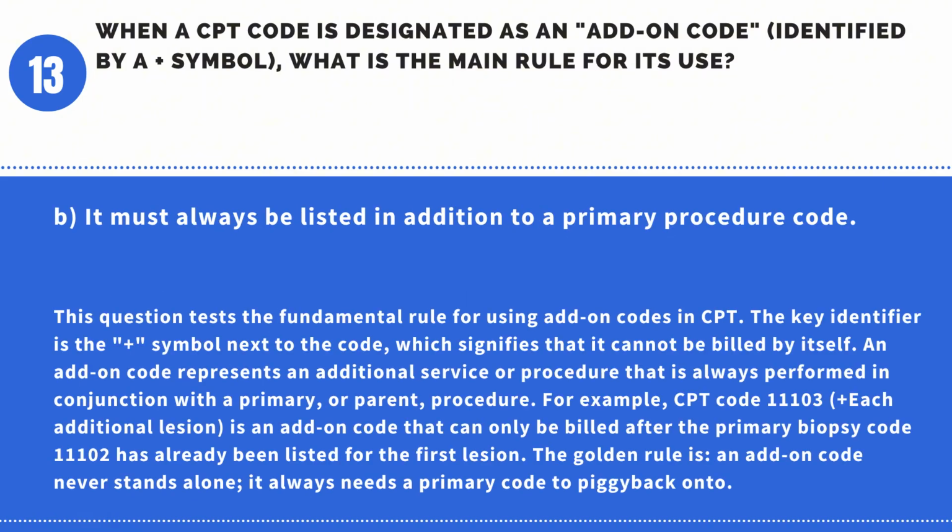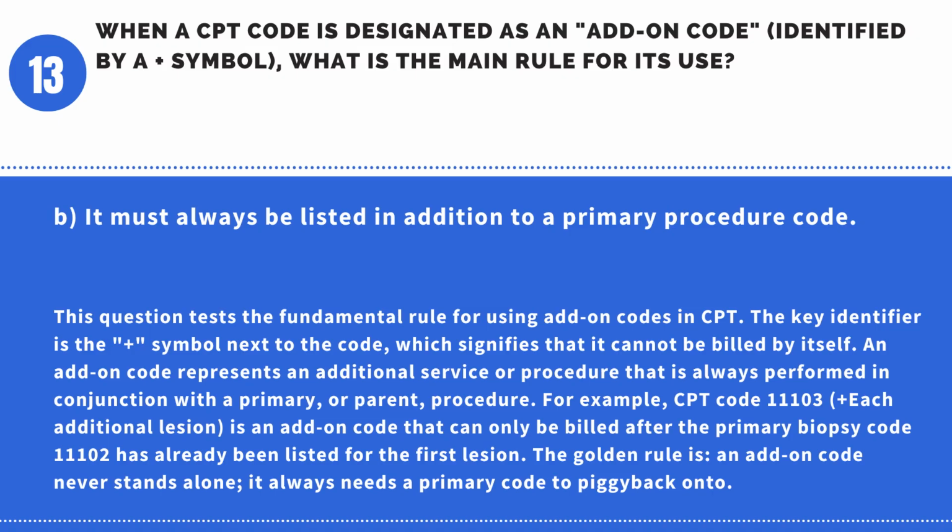Answer: B. It must always be listed in addition to a primary procedure code. This question tests the fundamental rule for using add-on codes in CPT. The key identifier is the plus symbol next to the code, which signifies that it cannot be billed by itself. An add-on code represents an additional service or procedure that is always performed in conjunction with a primary, or parent,